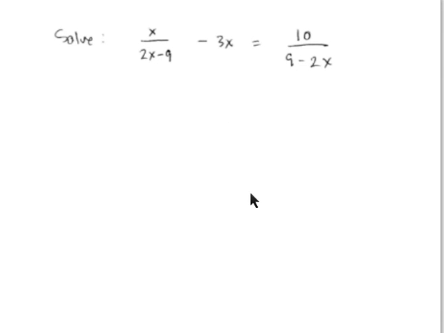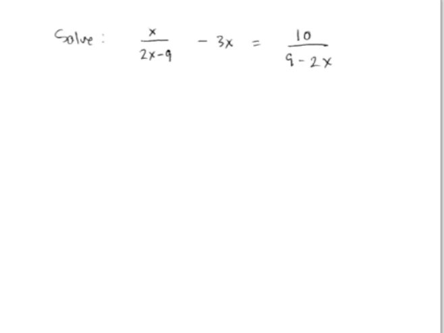Hi, in this problem we're solving x over 2x minus 9 minus 3x is equal to 10 over 9 minus 2x. This is what we call a rational equation, and we can solve rational equations by figuring out what the least common denominator of all the terms is and then multiplying each term, left and right, by that least common